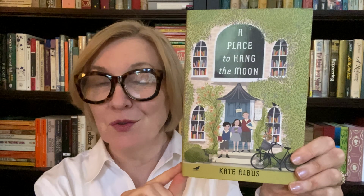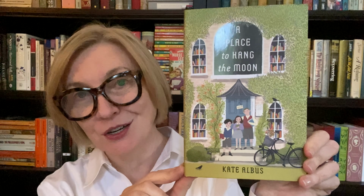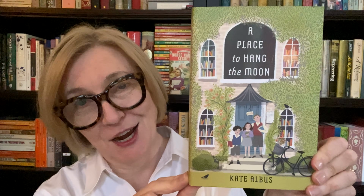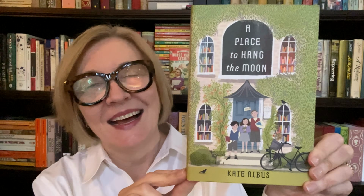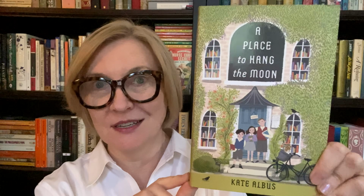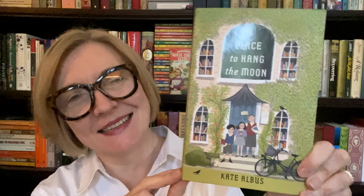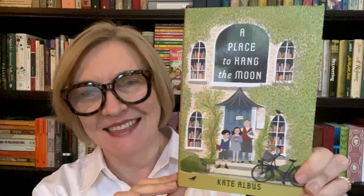It is about siblings whose grandmother, who they've been living with in London, dies. That's the very first scene. And they hatch up a scheme with their attorney, or their solicitor, to try to find new parents. And so they get billeted in a country town. And it's another situation where they don't get treated very well in certain situations. I guess that's a bit of a trope, but this has got some of the best Christmas scenes,